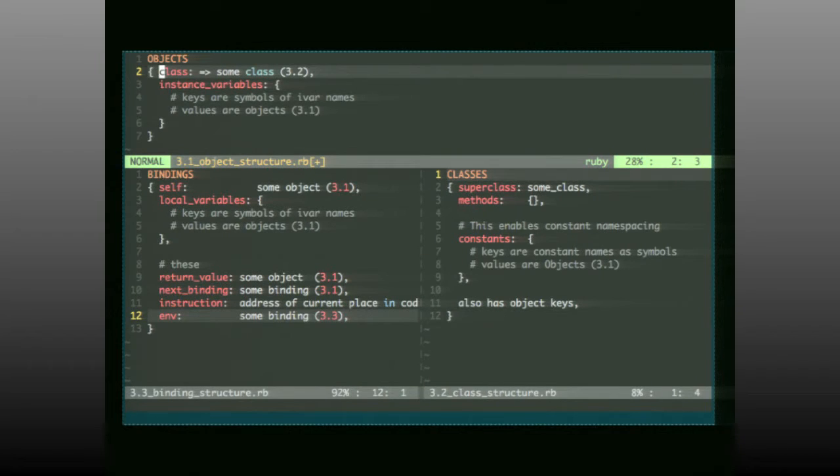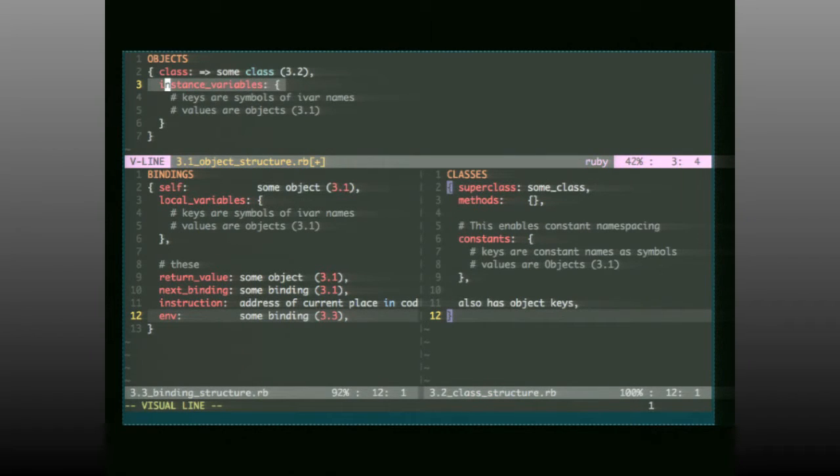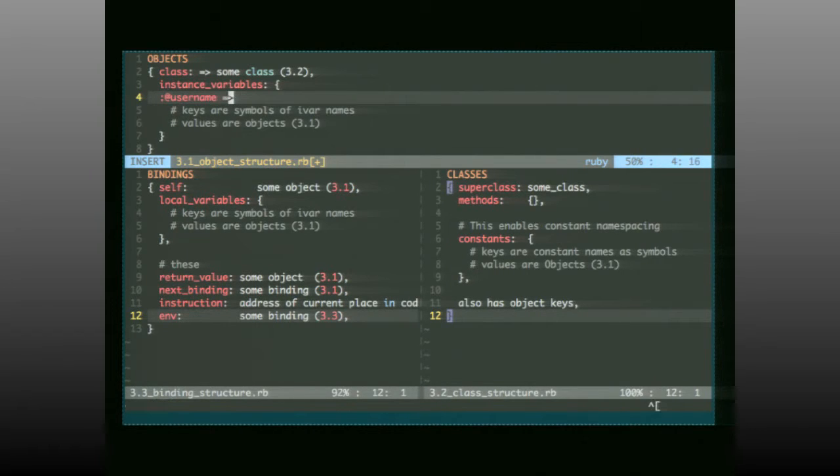It's got 2 things, a class right here, and a class is going to be one of these things. It's going to point at one of those things, and it has instance variables, which is also a hash. The keys in this hash are symbols, things like @username, and they're going to point at something like some kind of a compiled method object, like that, okay?